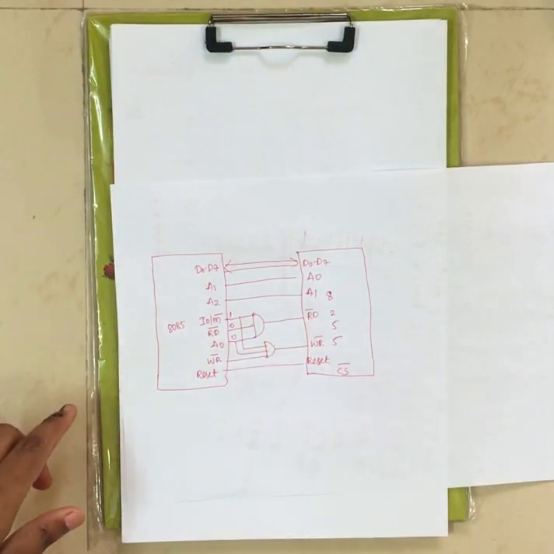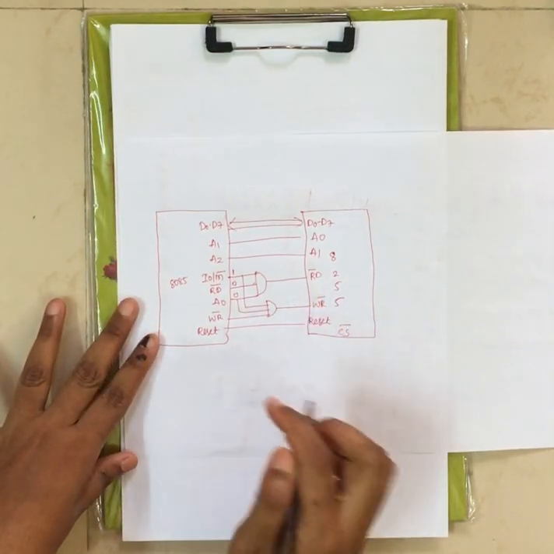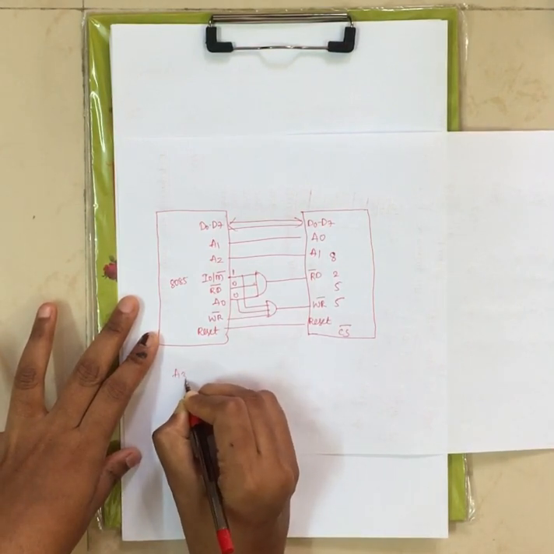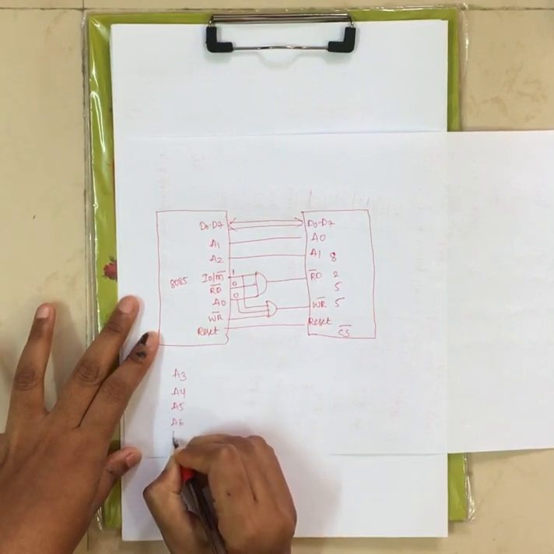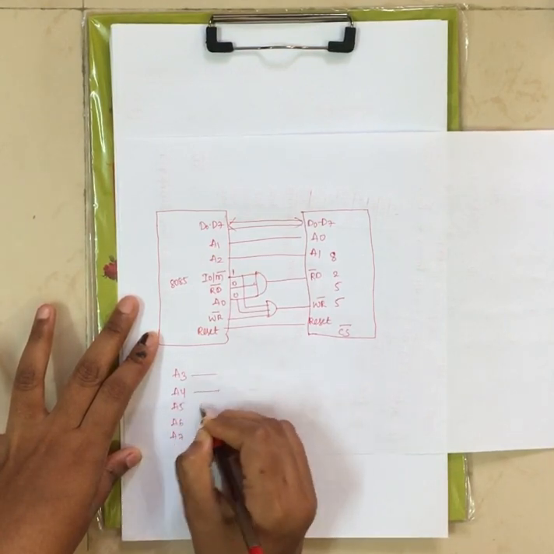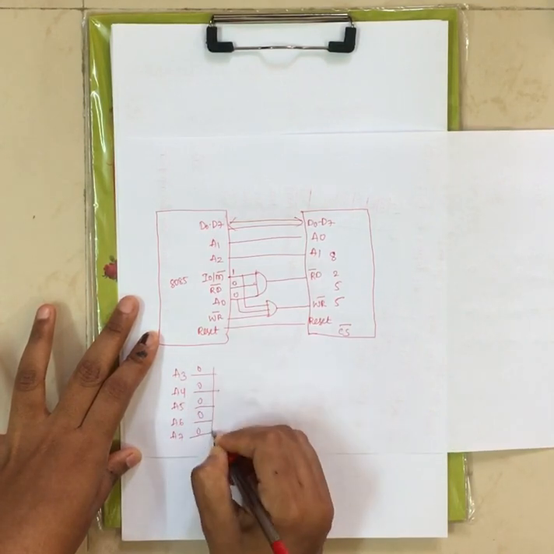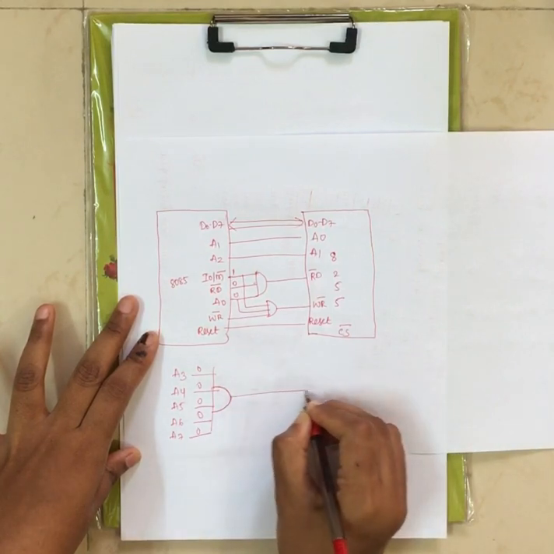Now what are the remaining address lines? Under IO mapped IO we are using only 8 address lines. The remaining address lines are A3, A4, A5, A6, A7. Now all these are the specification. Let these addresses be 0. Now these are AND gated, and with all zeros anyhow it will get 0.